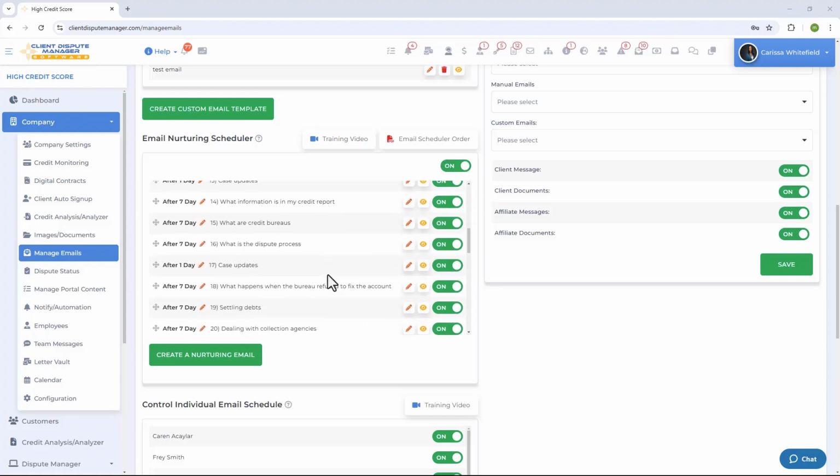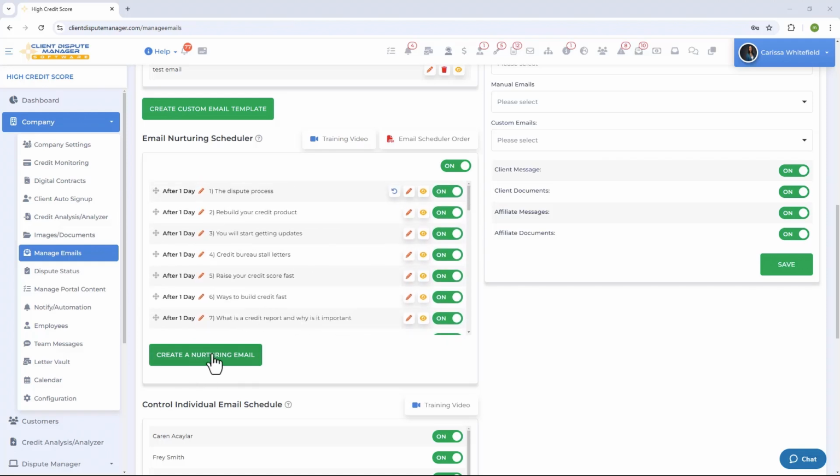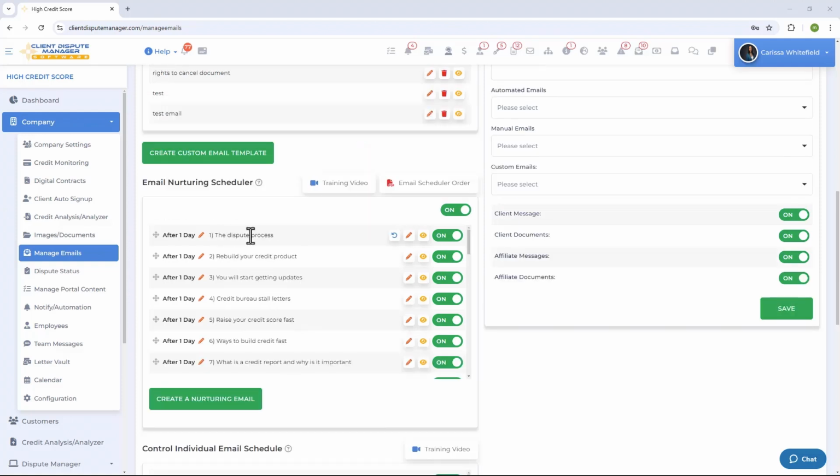and here is where you'll find the email campaign. Now these email campaigns are ready to go, but you do have the option to create your own nurturing email if you want to add more emails to this list, or if you want to go ahead and use your own emails. For each of the emails on this feature, you can modify how many days before the email gets sent out. You can modify the email template itself, you can view the email template, and you have the on and off toggle if you want to enable or disable the email.